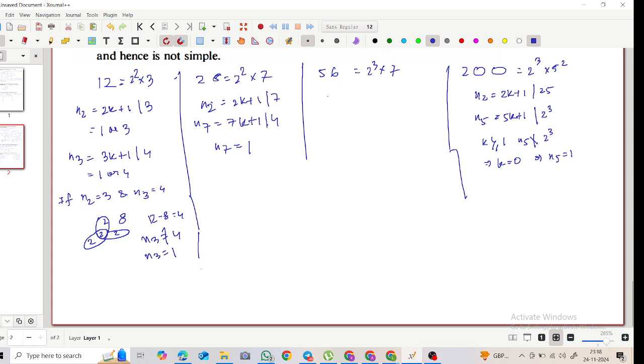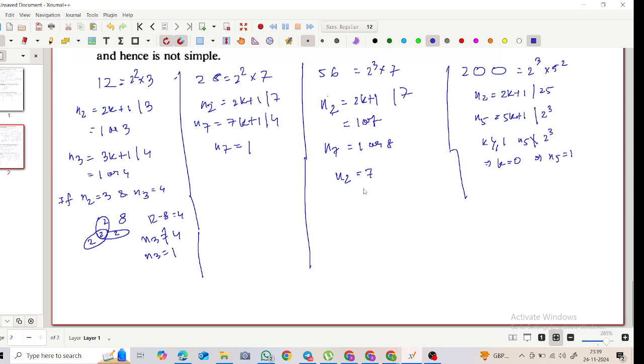And similarly, if N3 is 4, N2 will be 1. The case here is also similar. If N2 is 2k plus 1 divides 7, so this is 1 or 7, and N7 is 1 or 8. Okay. So if N2 is 7,